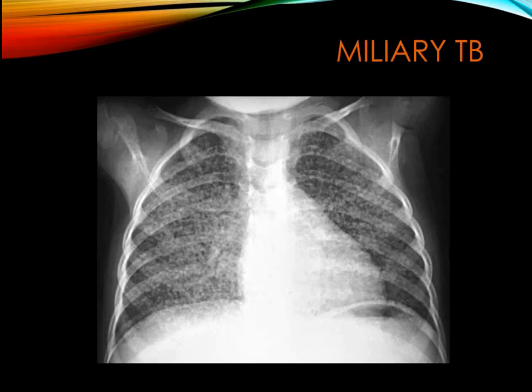This is an example of miliary TB. Of course, a miliary shadow usually gives this picture: small or tiny nodules diffusely distributed in both lungs. And the differential diagnosis, as we mentioned, could be infection like TB and chickenpox and histoplasmosis, could be pneumoconiosis, which is an occupational disease, and could be metastasis. Of course, this miliary pattern in this chest x-ray is in a child, and this is manifested by the